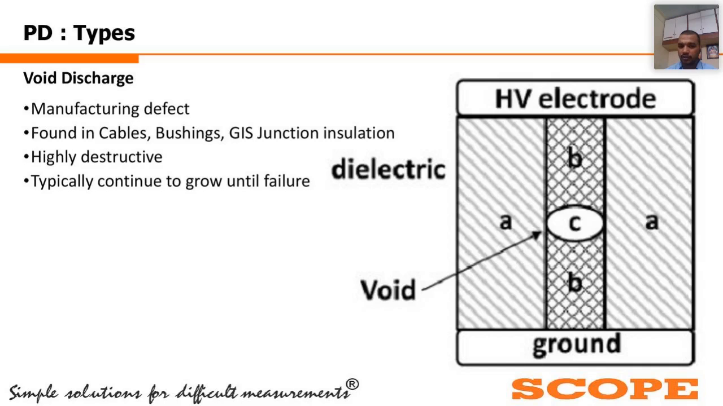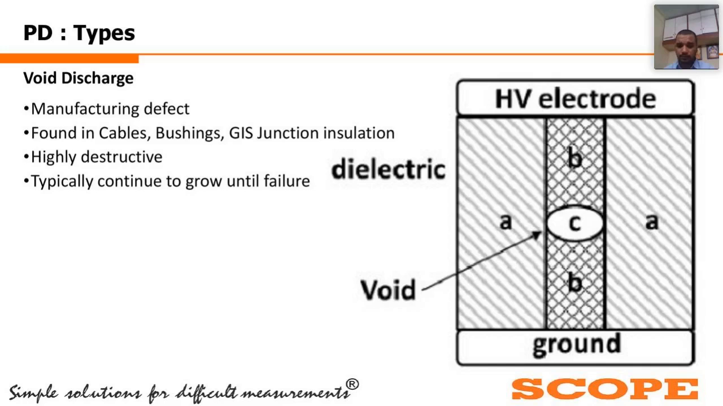Now, voids cannot be formed at the site. They are generally manufacturing defects found in solid insulation, as we said. So they are found in cables, bushings, GIS, and junction insulation. They are highly destructive. By highly destructive, what we mean to say is, if they form, they are irreversible. Their effect is going to get worse by the day. You might not be able to see it in 5 years or 10 years, but sooner or later it is going to